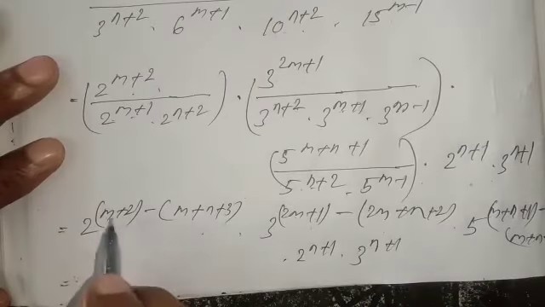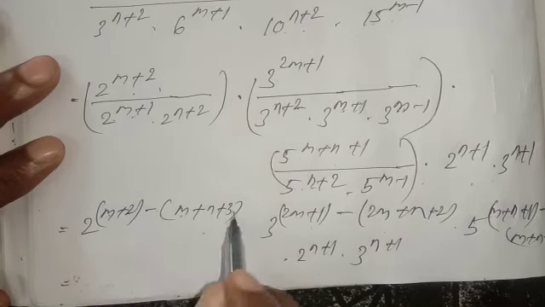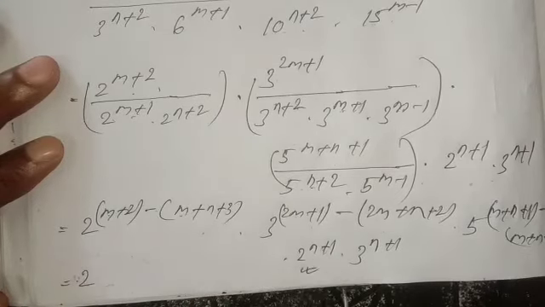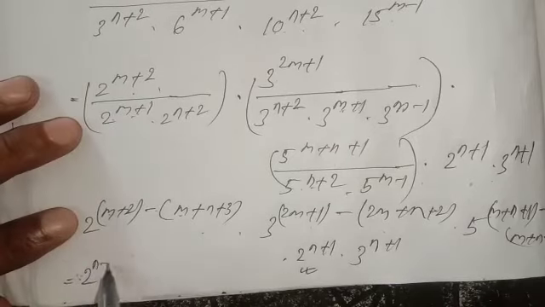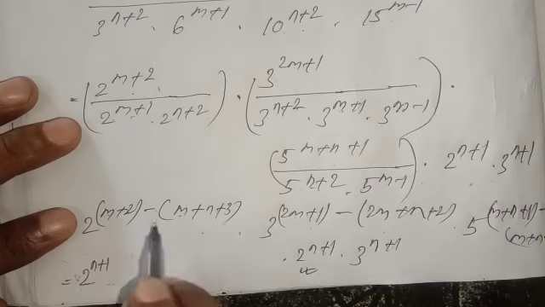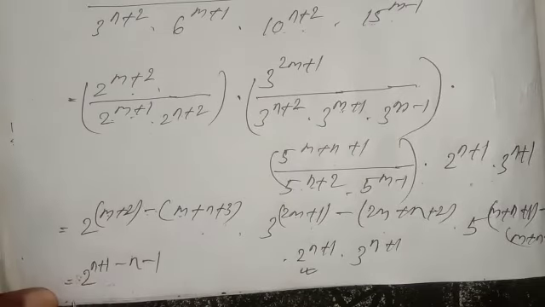If I open the bracket, this will be m minus m cancel. 2 minus 3 means minus 1. 2 to the power, how much is coming? And this is also 2. 2 to the power n plus 1. So n plus 1 power is added, m plus 1, this is minus n and minus 1. That means this will all be cancelled. 2 to the power 0. 2 to the 0 means how much is coming? 0 means 1. This 2 to the power 0 means 1 is coming.